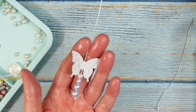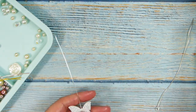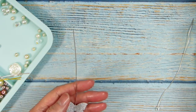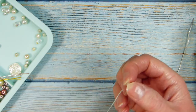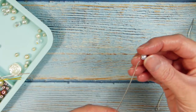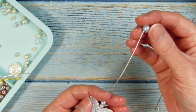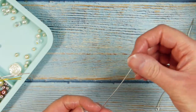So there we go with the beads and the butterfly on. So we're just going to add a few more beads to the top of that one, and then we'll bend over the stalk and add another loop on the end so that it doesn't catch on anything. So just adding a few extra beads on there,